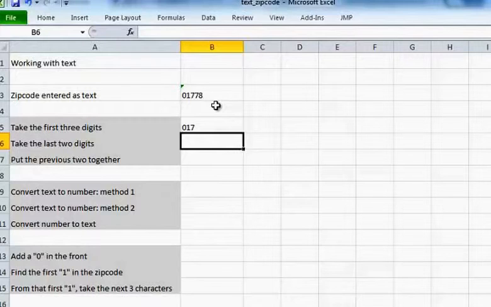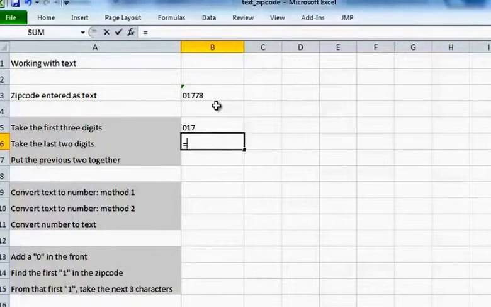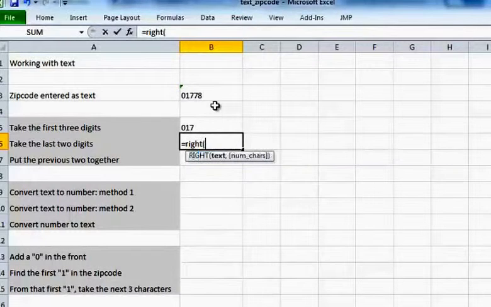How do we take the digits from the right? For example, take the last 2 digits. As you guessed it, there's a right function. So we take the